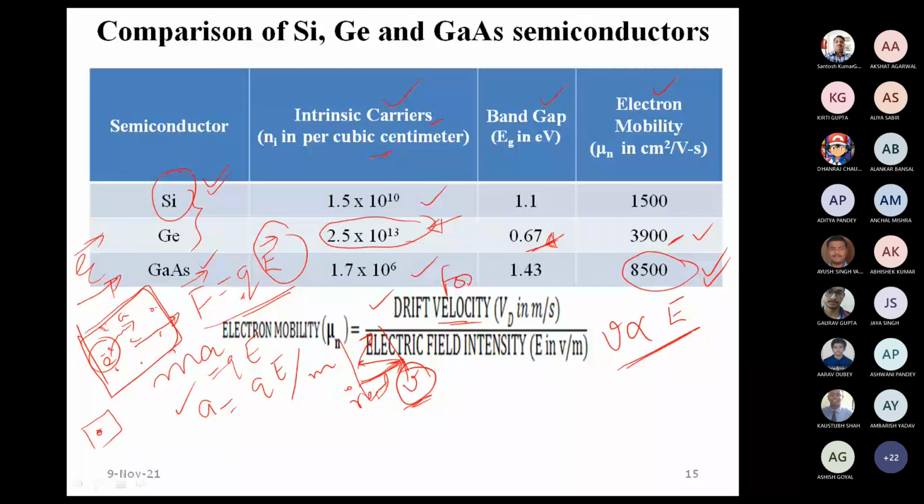We are forcing the particles to move in a certain direction, and that is due to this external field. Sometimes this is given by small v_d, or here it is capital V_D. It is not important by what